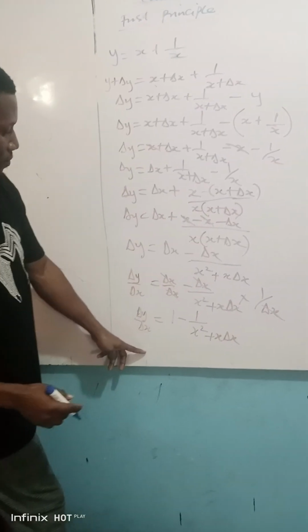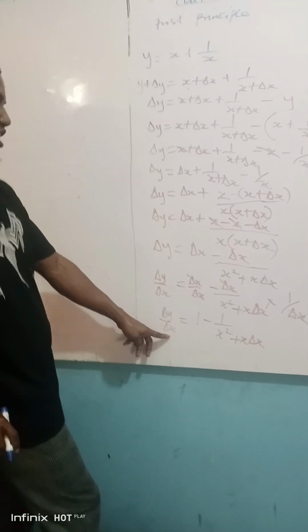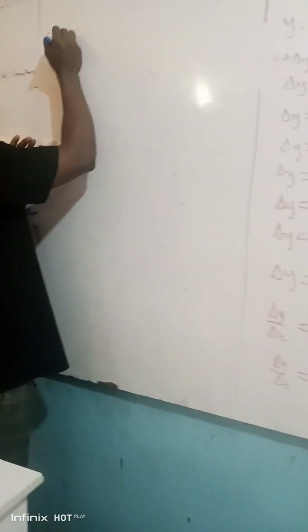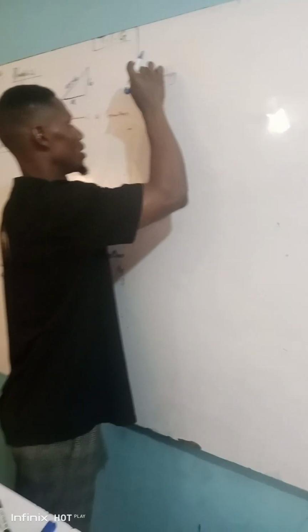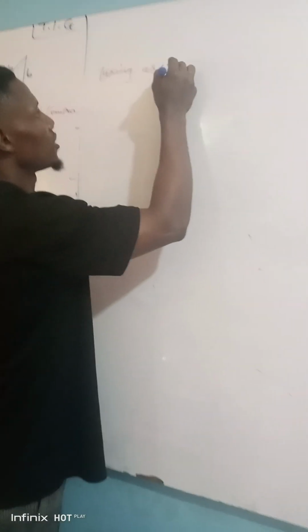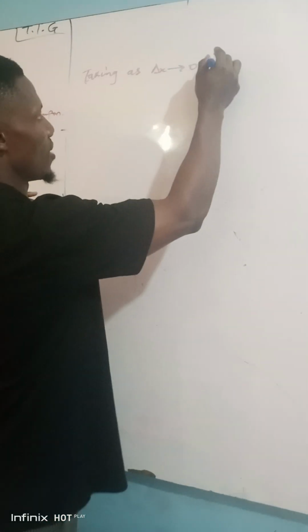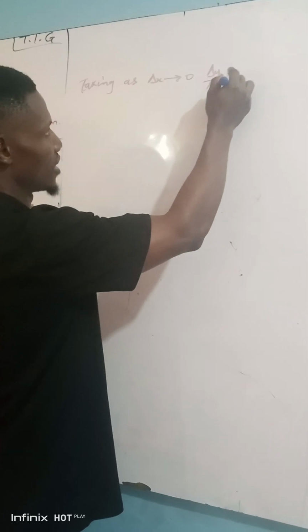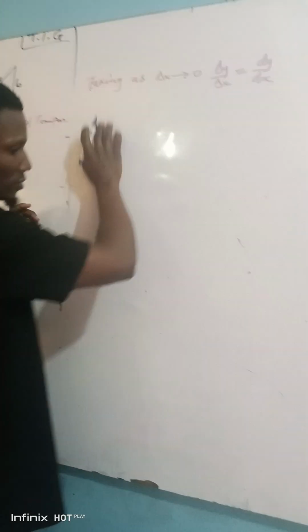Now from this point we take the limit as change in x tends to 0. Okay, let's continue from this side. Taking the limit as change in x tends to 0, that is to say our change in y over change in x will now be equal to dy over dx. So that will be